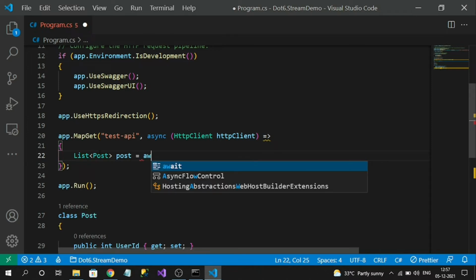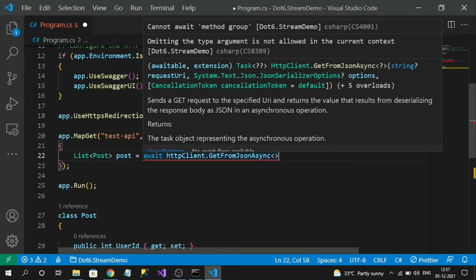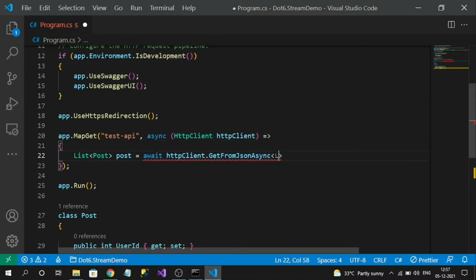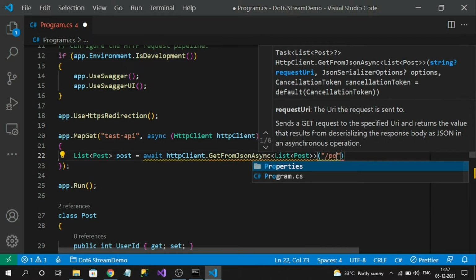Posts equals await, using the HTTP client and GetFromJsonAsync. What this GetFromJsonAsync does is read the response stream from the API call by invoking it, and then deserialize the response into the type we specify. Here I will specify Post, and I need to specify the path.